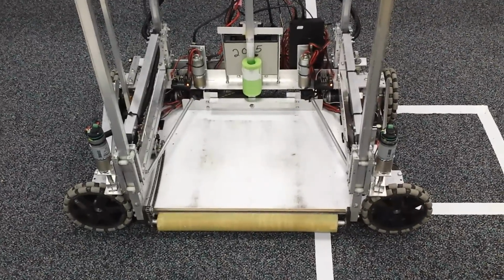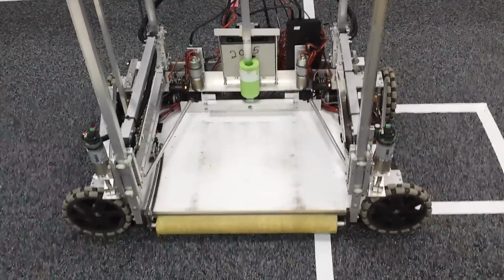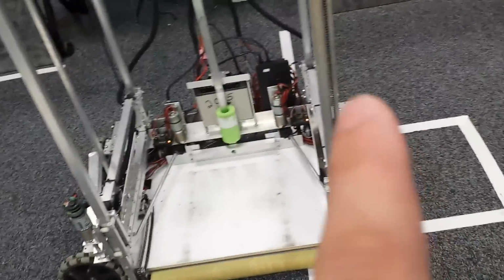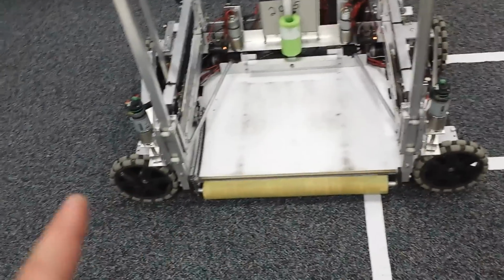In this video, I want to explain some of our reasoning of why we went with this type of drivetrain over the alternatives and why we went with these size wheels. Now, as you can see on our drivetrain, we have 4 wheels in each corner. The 2 back ones are mounted vertically to our orientation, and the front ones are mounted horizontally, or in the